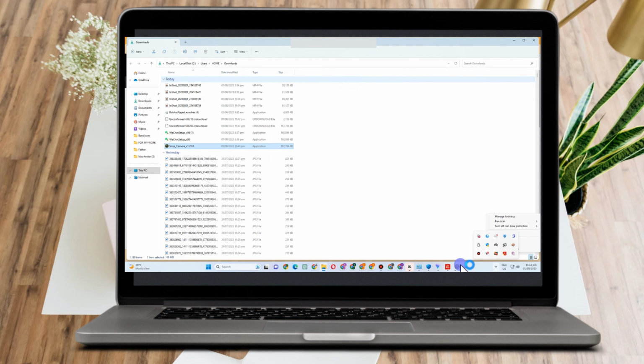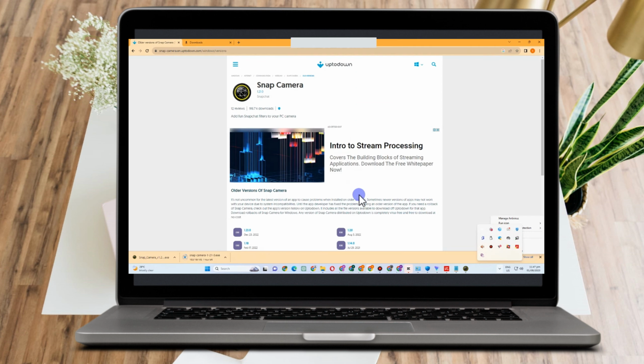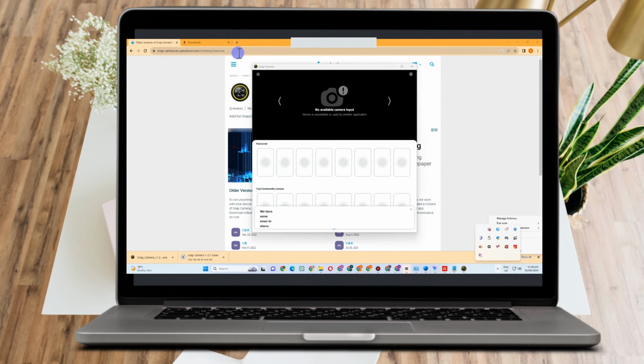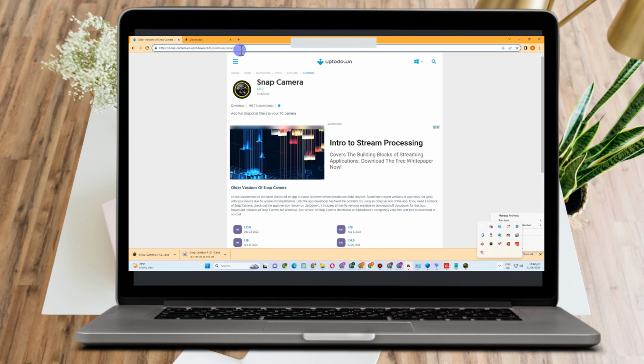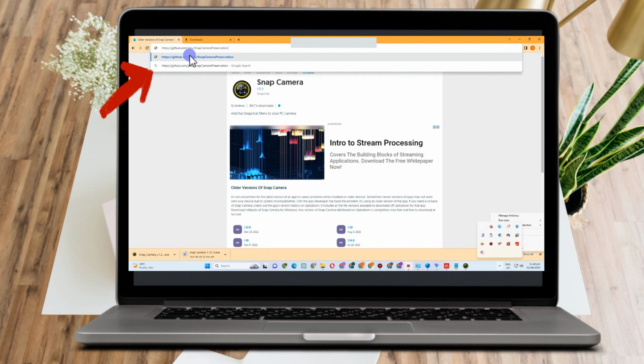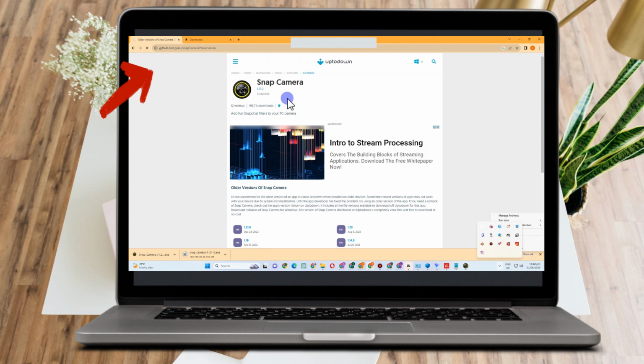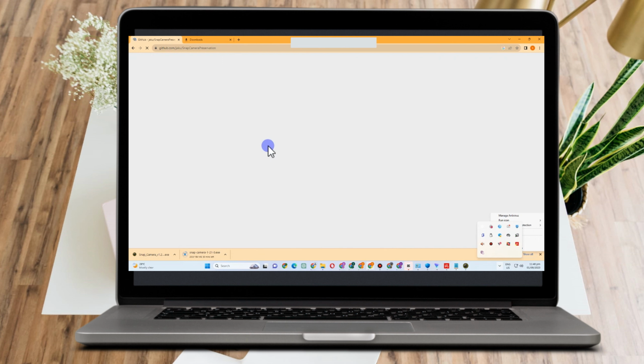Okay, and then once done, you can now open the application or tool, but you can see here that your camera is not working. So that means we are not yet finished. Now you have to go to the site here, just copy this one, and it will take you directly to this. What you're going to do now is to scroll down